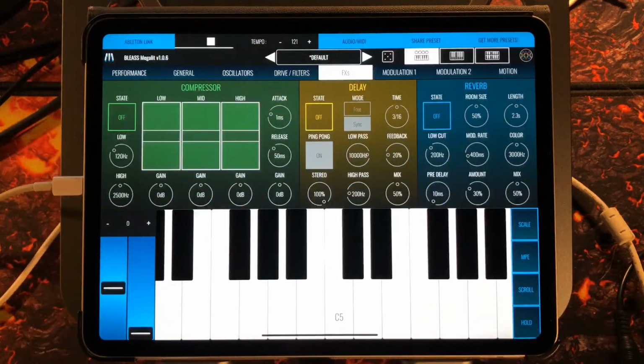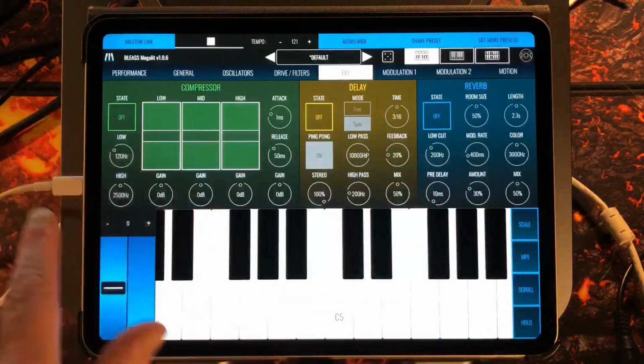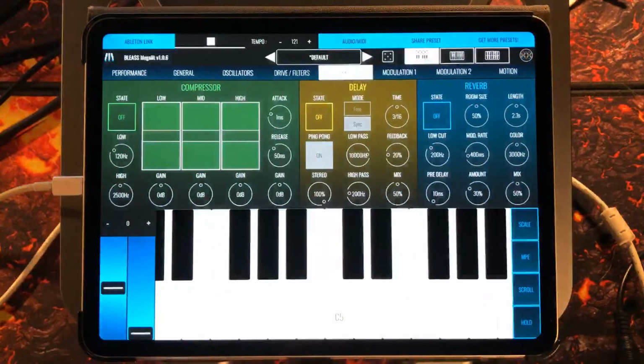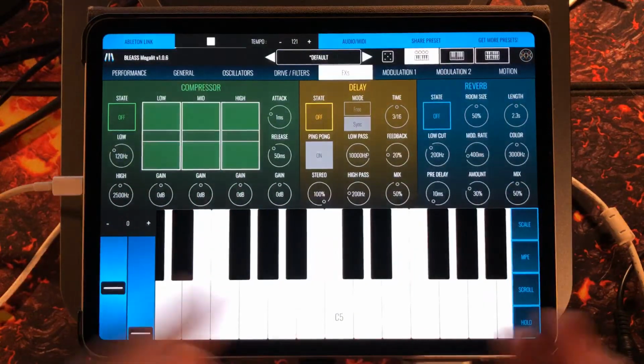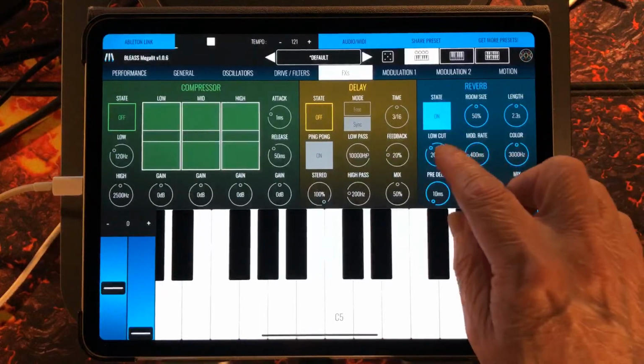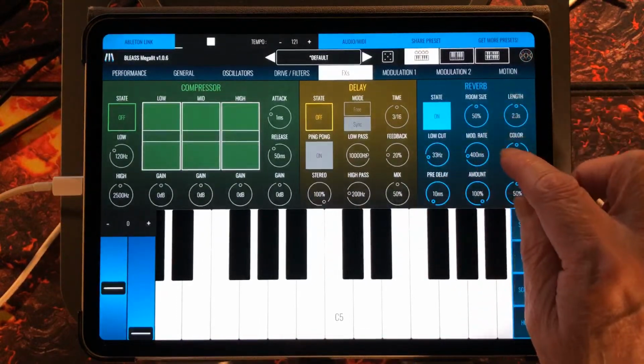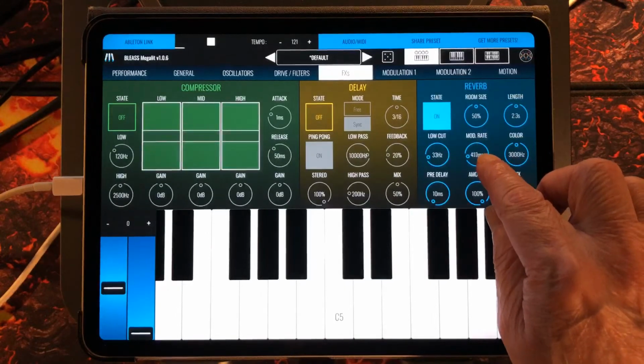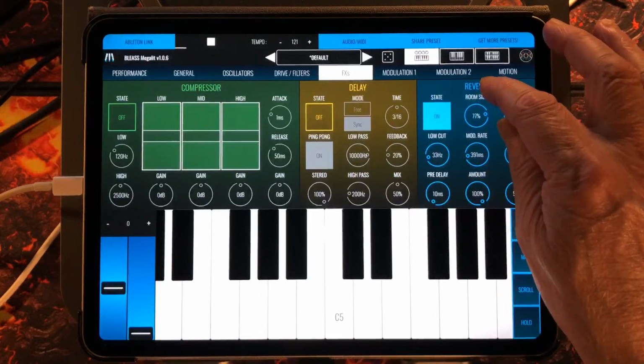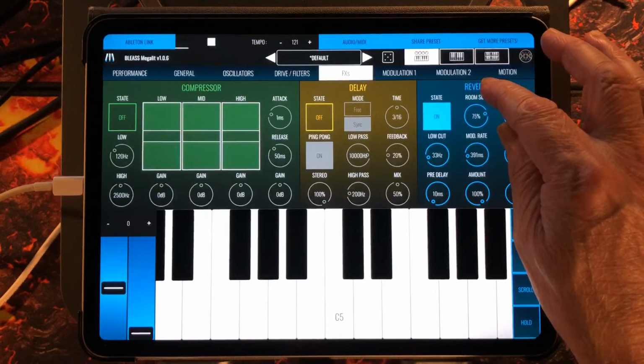Now we can really make this come alive with our effects. Because this already has lots of motion in it with the filters and the oscillator modulation, put a nice big reverb on with this reverb. We can take the low cut off there, put the mod amount up high, have that quite low, but have the room size basically huge, and this is where we'll be able to readjust